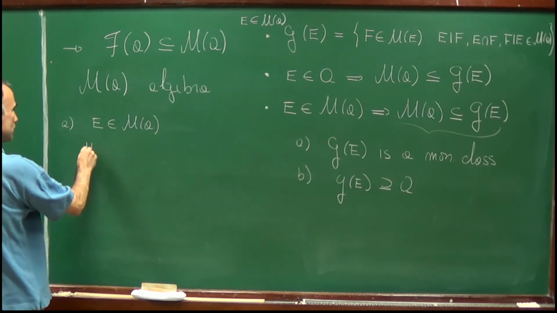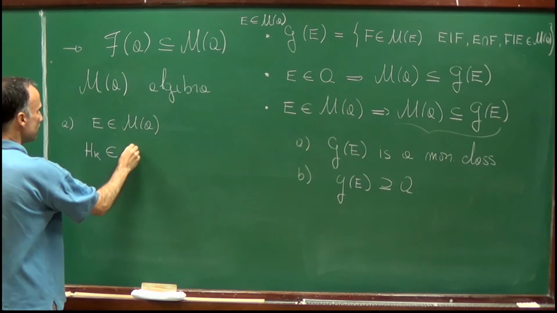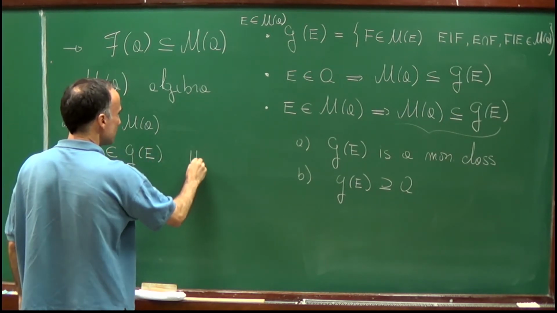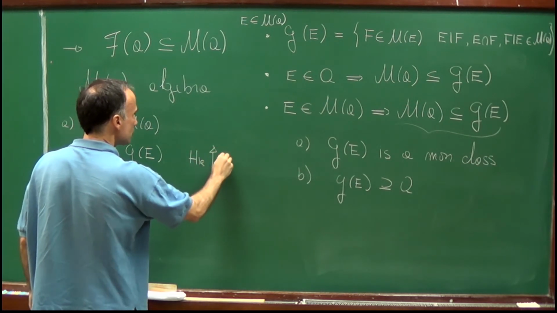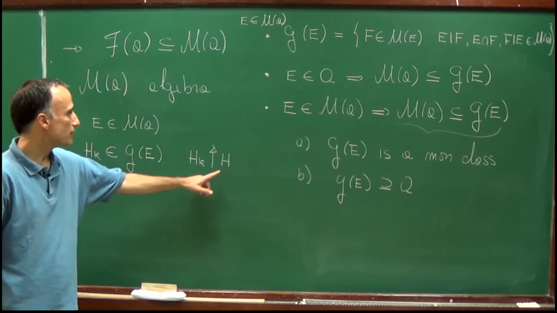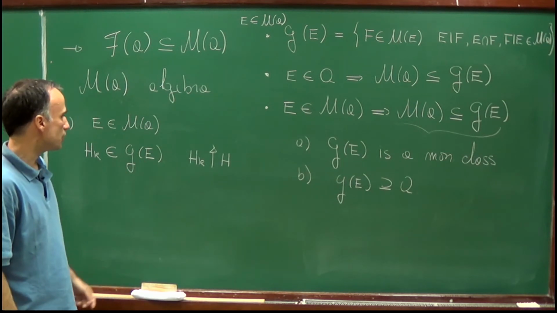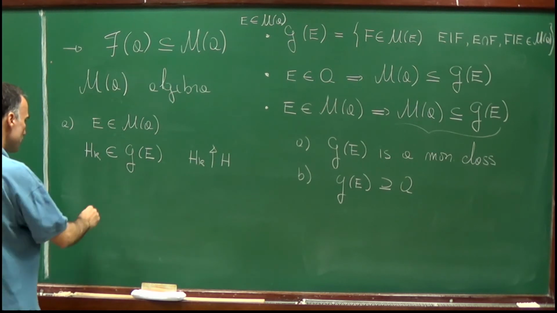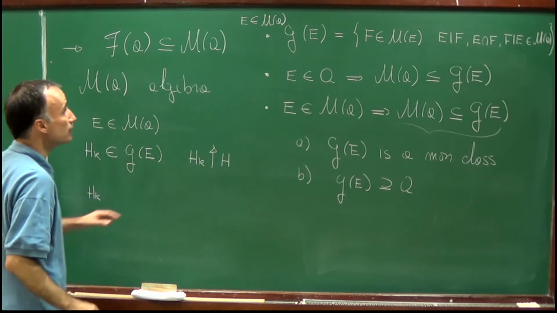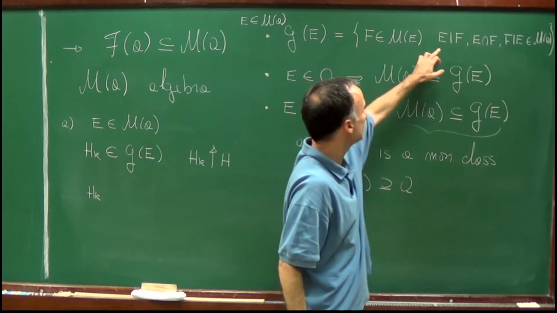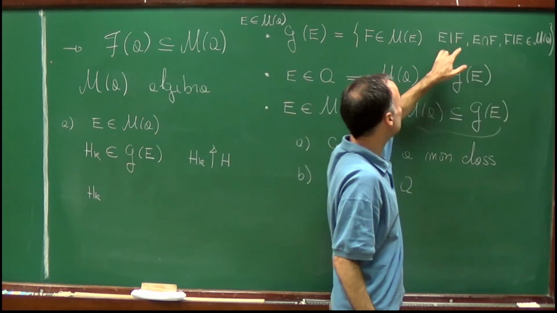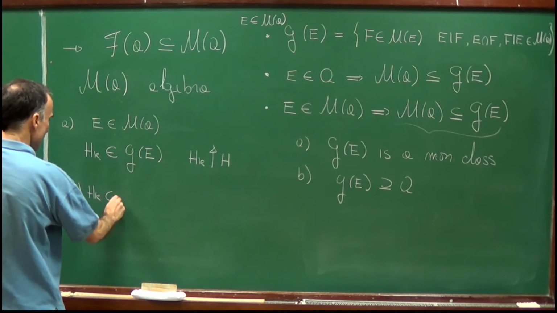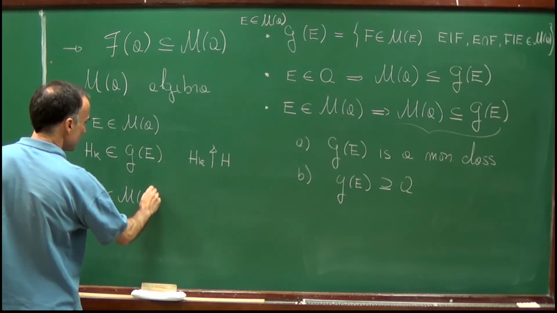So let's consider a sequence H_k in G of E, and let's first assume that H_k increases to H, and we want to prove that H belongs to G of E. Well, since H_k belongs to G of E, let's recall the definition. We know that E minus H_k